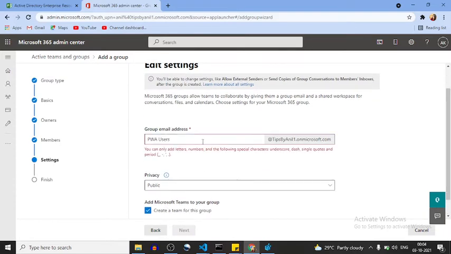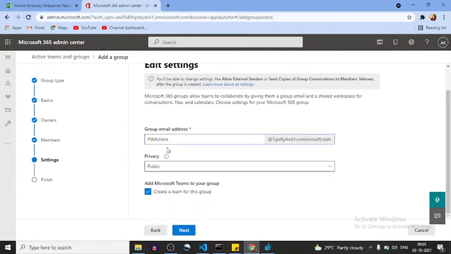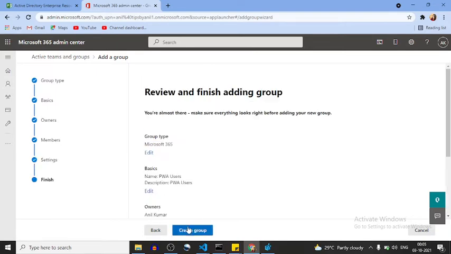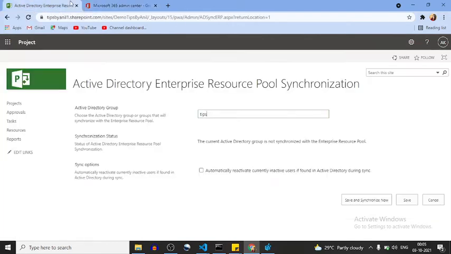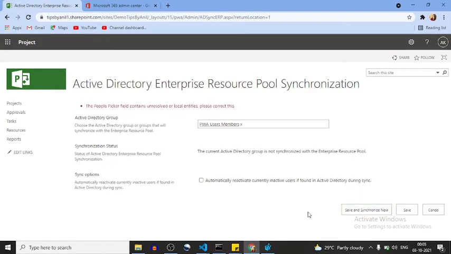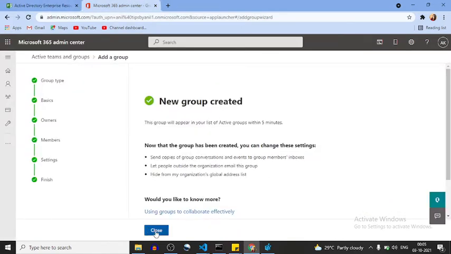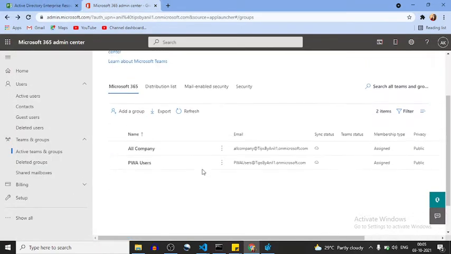Group email, I can say pwausers at the rate tipsynl. All right, click on next, click on finish. Okay everyone, so finally we have created our group. Now I will just refresh it, and here PWA users members, synchronize. I think this group was already created.